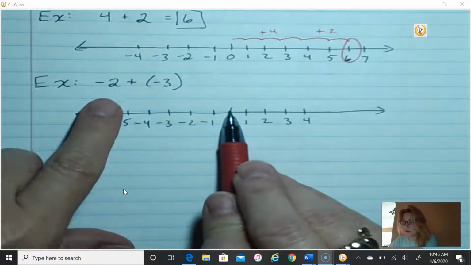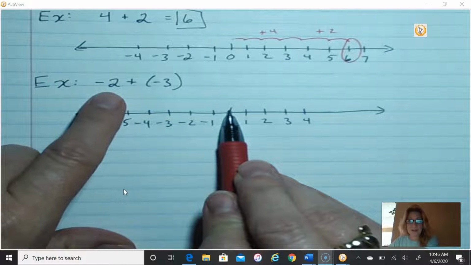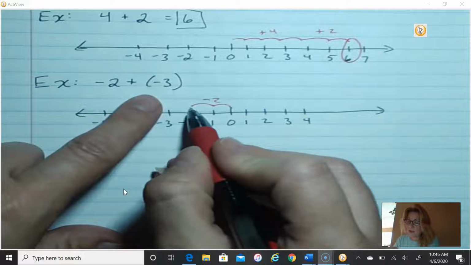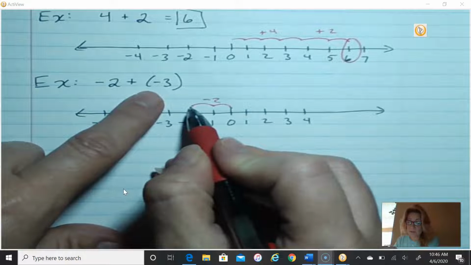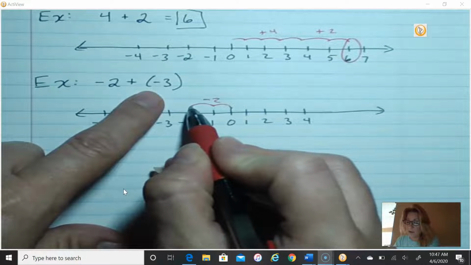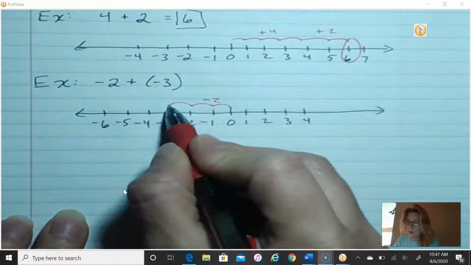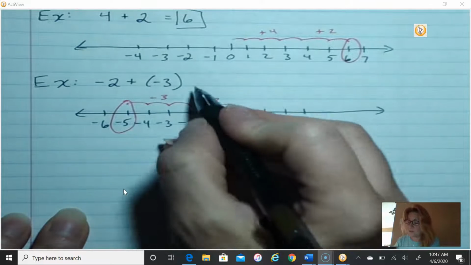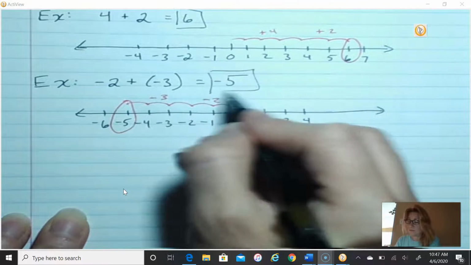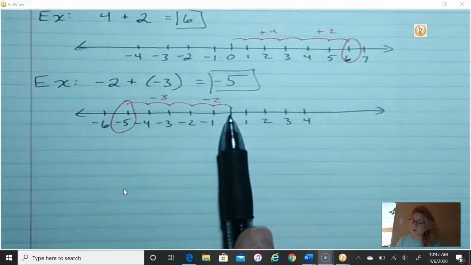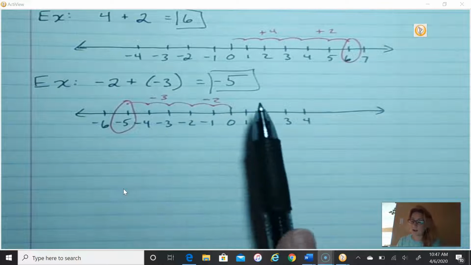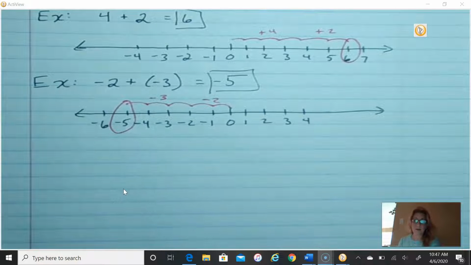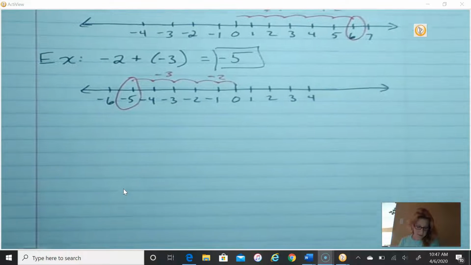You start at 0 and you move left 2 places. 1, 2. That's -2. Then you go left. You're subtracting, basically. You're going 3 more places. 1, 2, 3. Your answer is -5. Okay, so you start at the 0 and you go that many places. -2 and then -3. That gives you a -5. Okay? However,